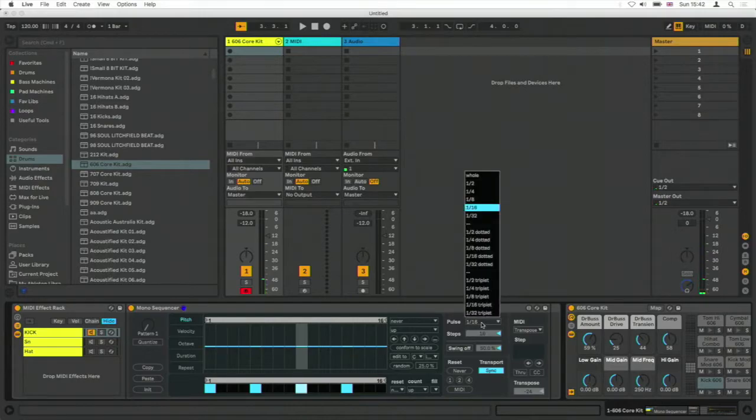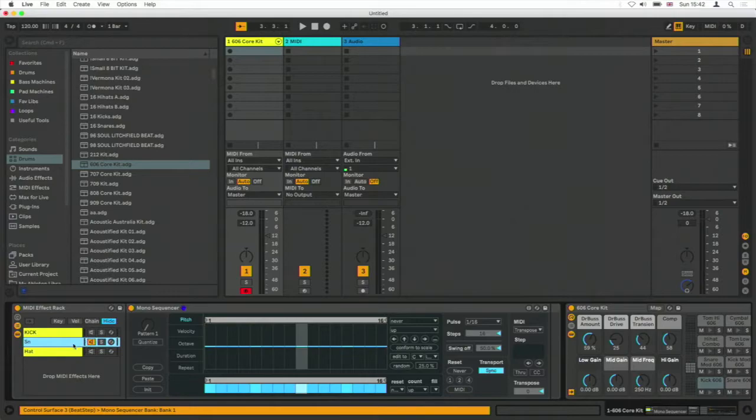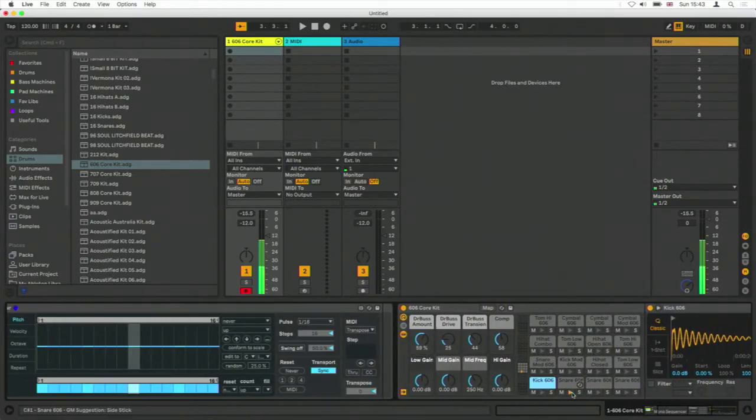Obviously we could also select from the menu and turn it into a quarter note pulse, so we could do that as well. We can also take the braces and shorten that down. So we've just got 4 hits, set up for quarter notes. But we're going to keep every monosequencer at the same sort of resolution. Snare,